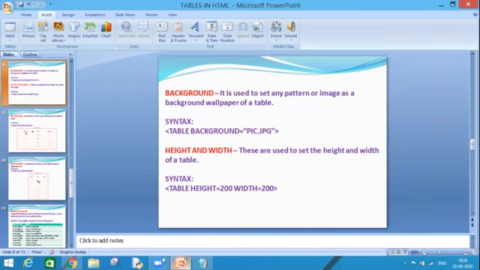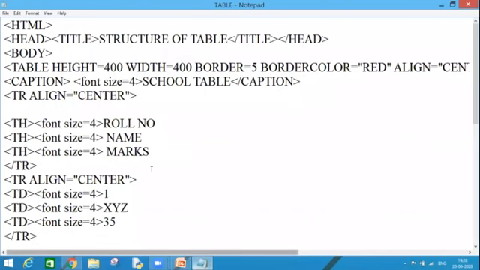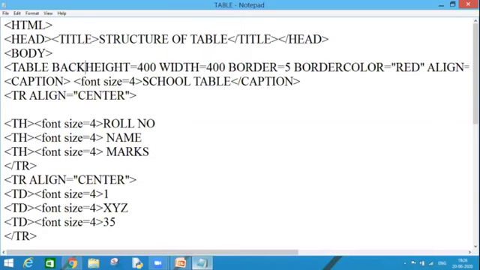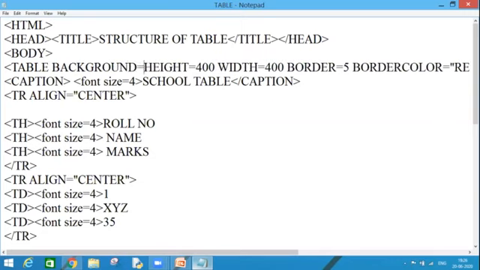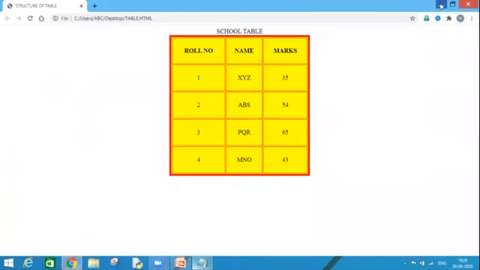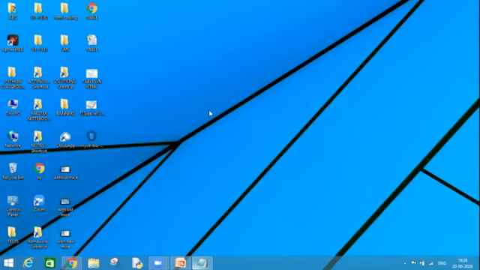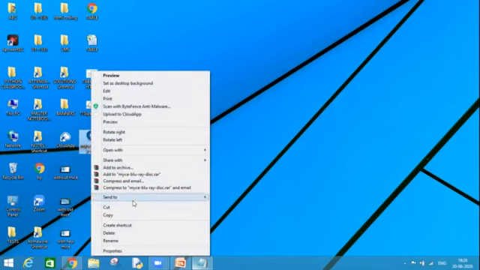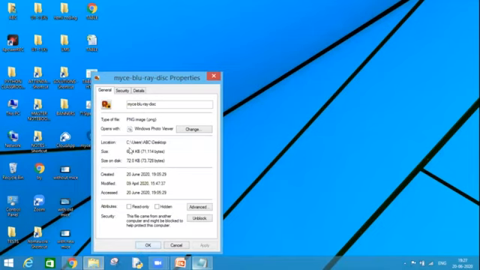How? I'm going to show you this. Let's have a look. If I choose over here background is equal to this, inside these double quotes, I am supposed to place the path of my image. And as I have already taught you, if the image is already saved onto my desktop, then I will go to the property section of my image.